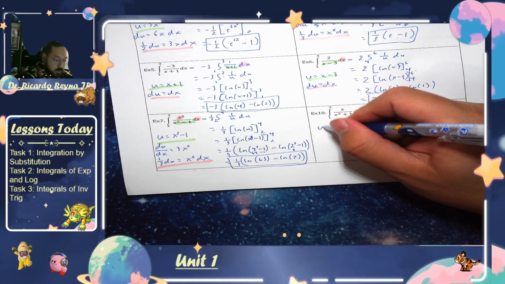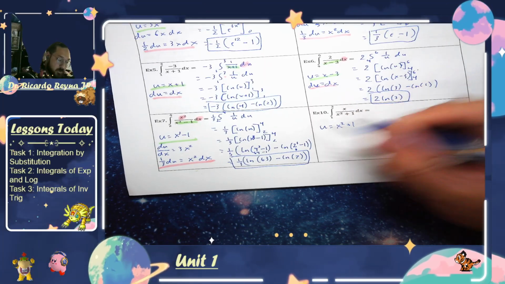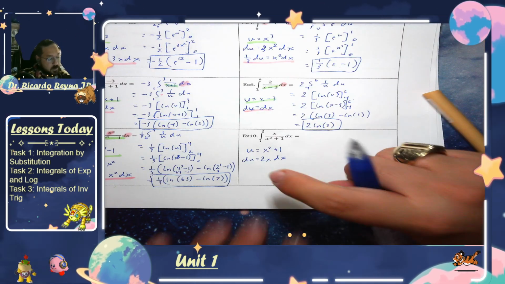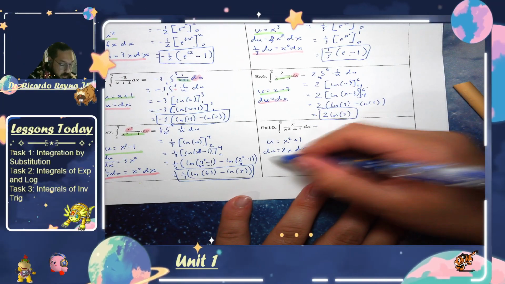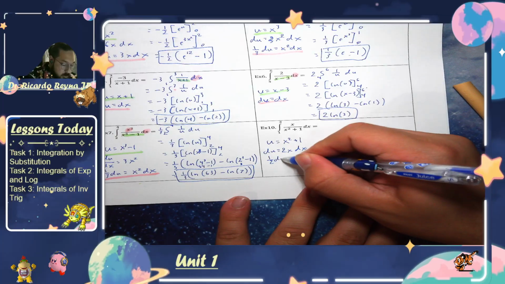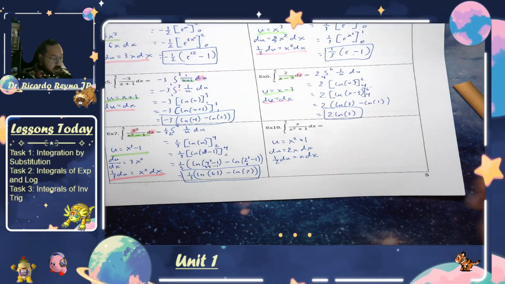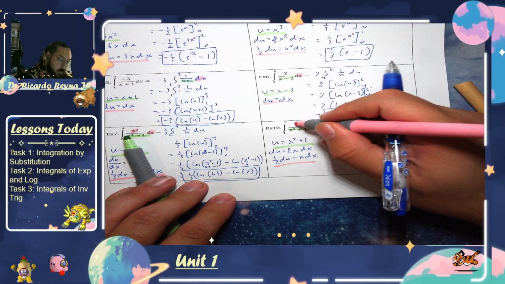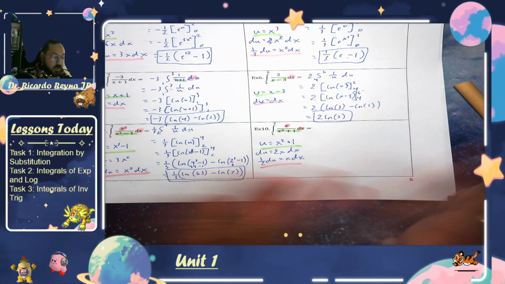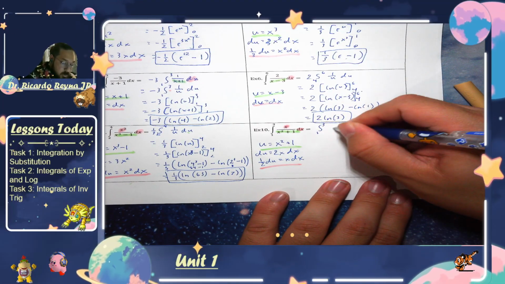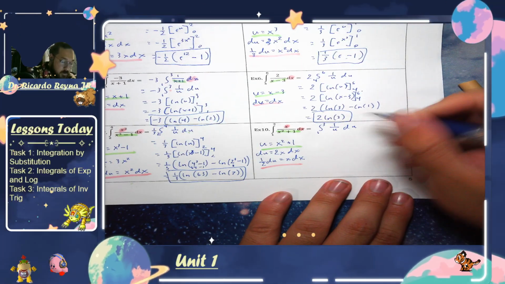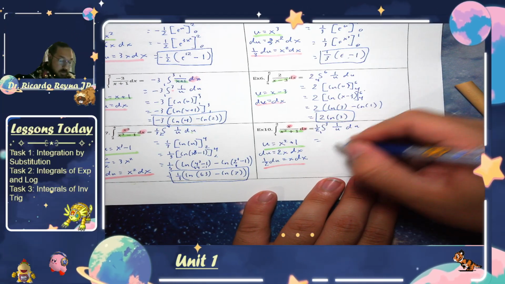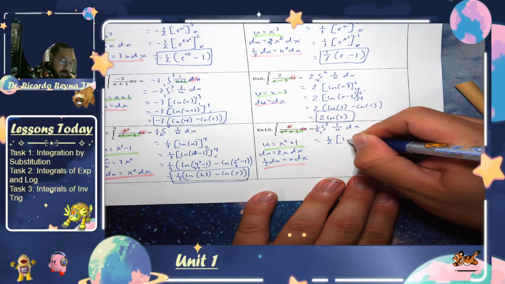Last one of these. Let's do u to be x squared plus 1. And then du is going to be 2x dx. From here, I don't see the 2, so I'm going to take it out. And I'll use this on the top to substitute this, and this on the bottom to substitute those two. So I get nothing but u's. And I'll have 1 over u du, which is just, oh, I forgot. I keep forgetting the fraction in the front. My bad. ln of u